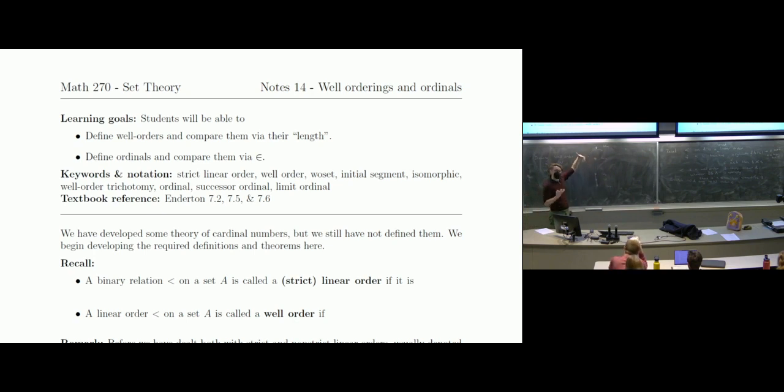we don't have a formal mechanism for making sense of enumerating beyond infinity yet, right? We can list out by 0 and then 1 and then 2 and then 3 and then 4 because we have omega, right? That indexes that process for us. But we can make sense of listing things out beyond infinity, right? There's an intuitive sense in which it makes sense. All right, so well orders